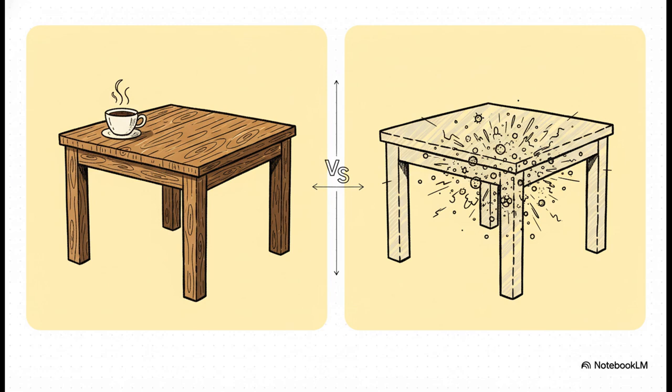So on one side, you've got the manifest table. This is your common sense table, the one you know and love. It's solid, stable, you can put your feet up on it. It's what the philosopher Wilfrid Sellars called the manifest image. But then you have the scientific table. And this thing is wild. It's what physics tells us is really there, a swirling cloud of atoms, almost entirely empty space, all held together by invisible forces. So which one is it? Which one is the real table?